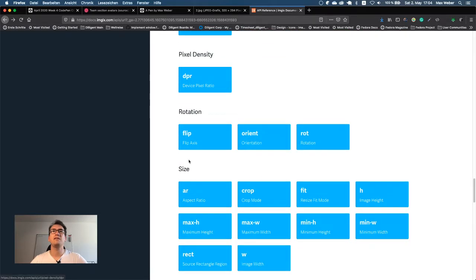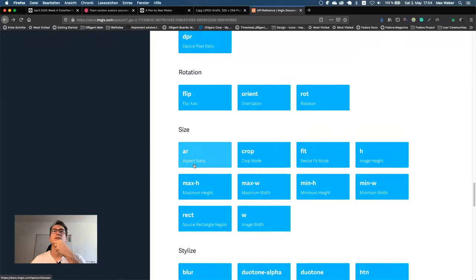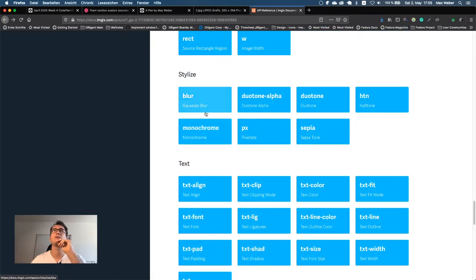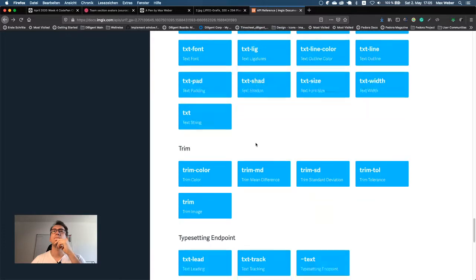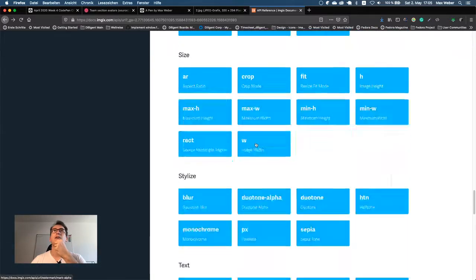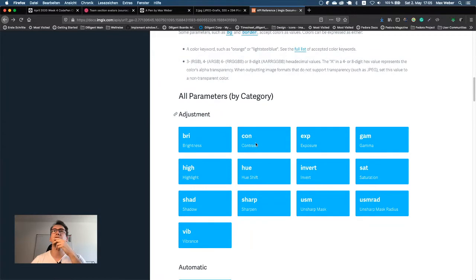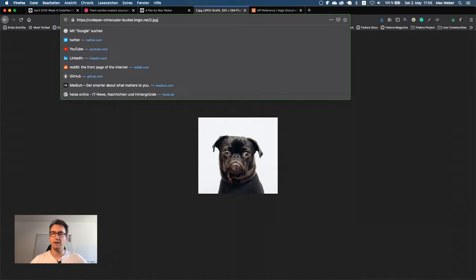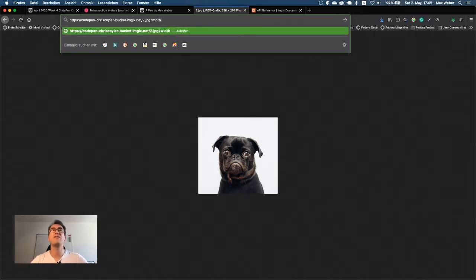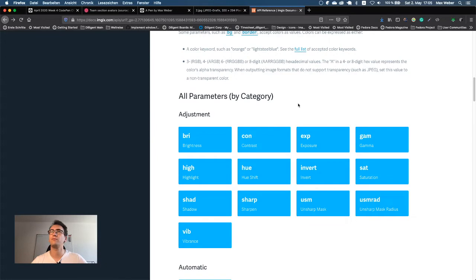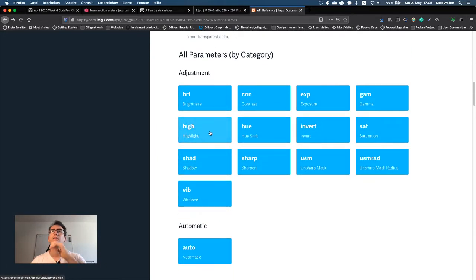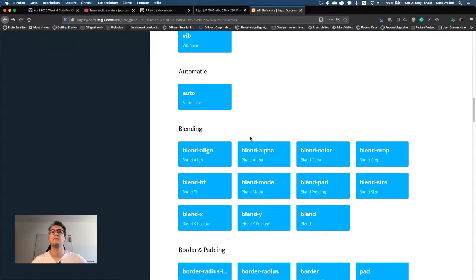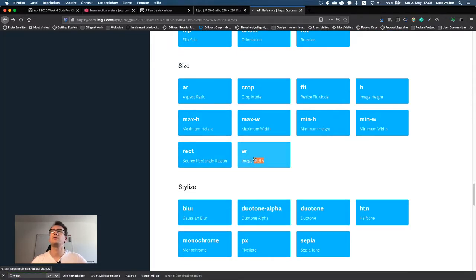We have the pixel density, the ratio, size, styling. Oh, blur is also. Really an interesting API. So we have all the possibilities, and what I want to try now is just taking that image, which has 320 by 294 pixels. I want to crop it on the left, on the right. And as I see, we can give it a parameter with width. And I think the width, can we enter that somewhere? High, sharp. Yeah, it's just W, perfect.